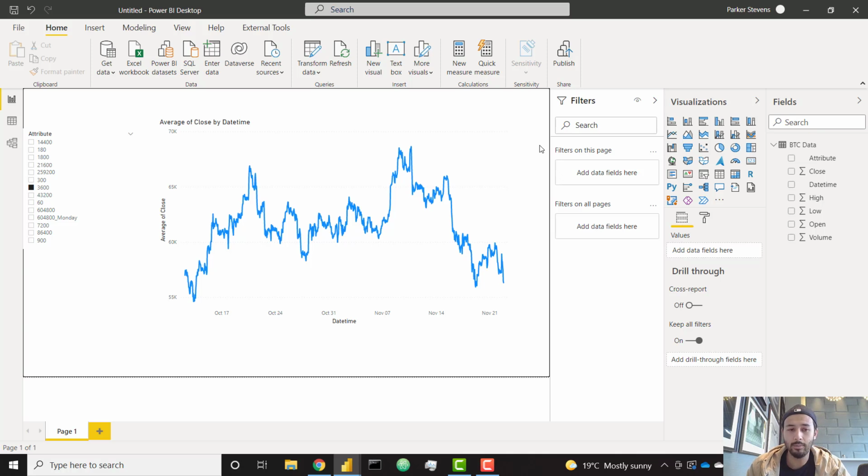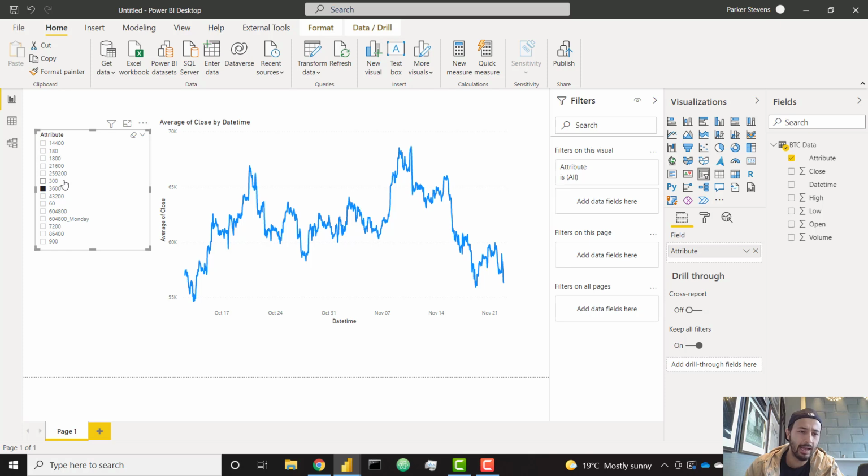We're going to go a little bit deeper, and we're going to talk about how to get multiple pairs. I'm going to show you how you can get every single pair from a certain exchange instead of just Bitcoin data. Before we do that though, I also want to add a step here. Since it's a little bit confusing to click on an attribute and know like, hey, 3600 is looking at it on an hourly scale,